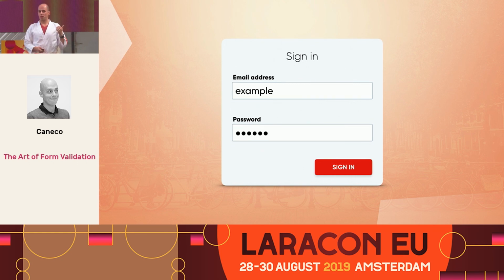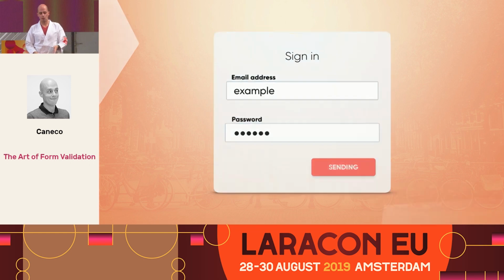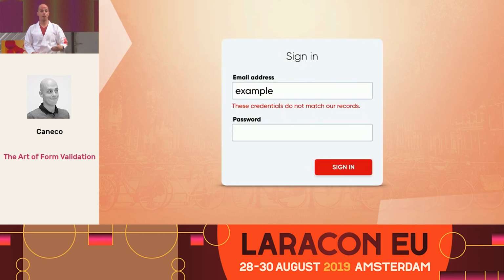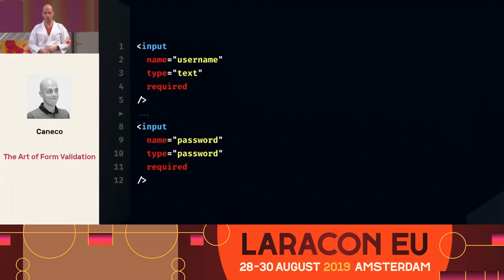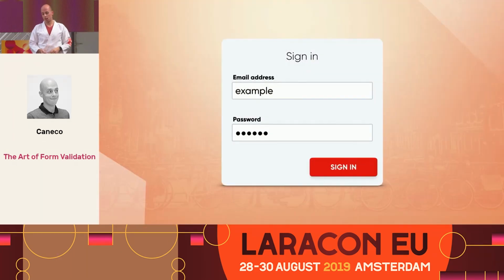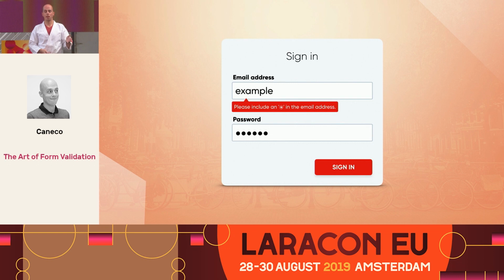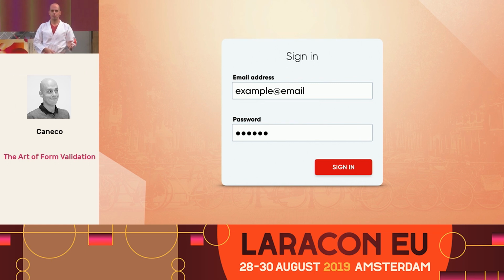But if we type something that's obviously not an email, right? If you try to sign in, the request goes through either way, and it actually checks the database for nothing. So why not just check whether it's actually an email address in the input field? So just type email there, and then a new tooltip will appear saying that that's not an email address. And if you keep typing and add this, it's not an email address, it won't work, right? Oh, but it did work. It did go through to the server.